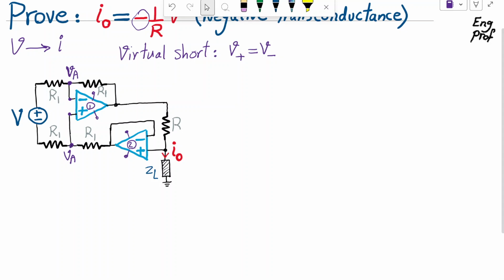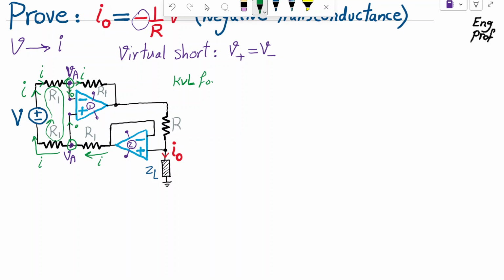So in this loop, let me put it this way. There is a current I that is flowing, and this current I goes through resistor R1 and continues, of course, going to the resistor R1, because nothing can go through the input terminal of a linearly operated ideal op-amp because it has infinite input impedance, the same thing at the bottom. So the current I keeps flowing this way, the current I keeps flowing this way. But effectively, because these two nodes are enforced to have the same voltage, I am able to write a KVL here effectively. By KVL meaning, I can say if this is loop number 1,